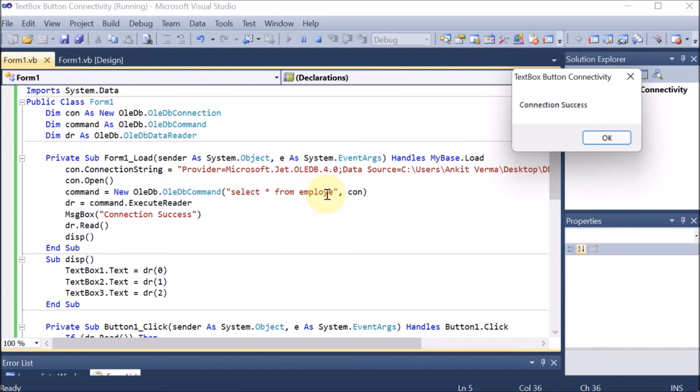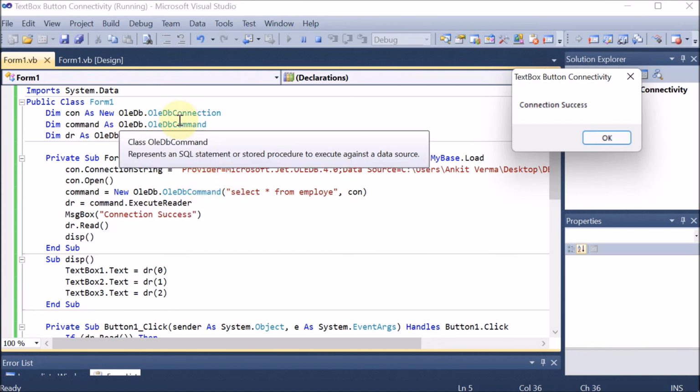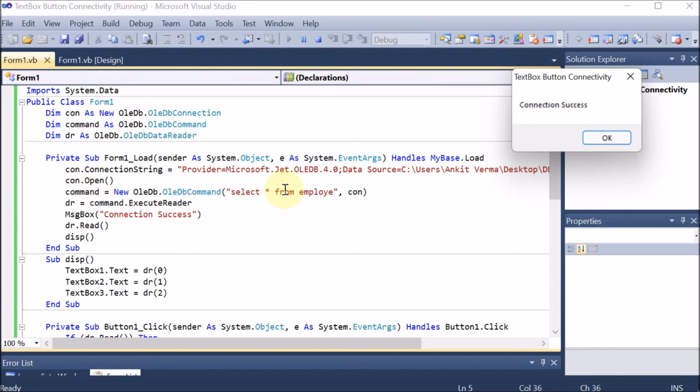Means from the pipe you take all water. But let's say if you are saying select only EmployeeID from employee, then only one part will come. So the command is going to control what is going to flow from the pipe. The pipe is the connection, and the water which is coming is controlled by the command. Now at your home, that pipe is coming and from that pipe, through the command, water is coming.